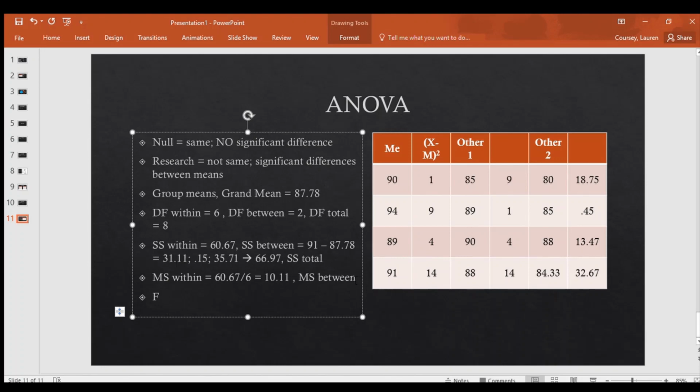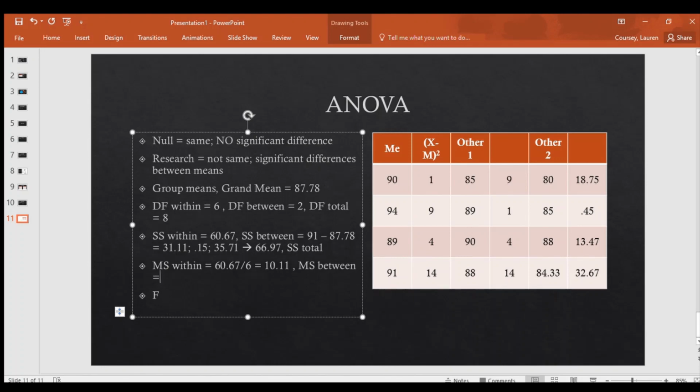My mean square between would be a similar process. I would take this sum of squares between value of 66.97 that I calculated and divide it by my degrees of freedom between of 2, which would give me a value of